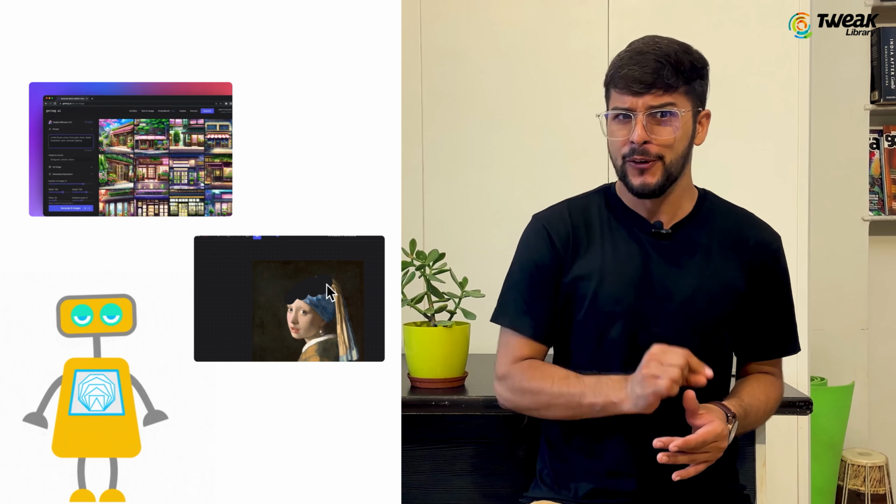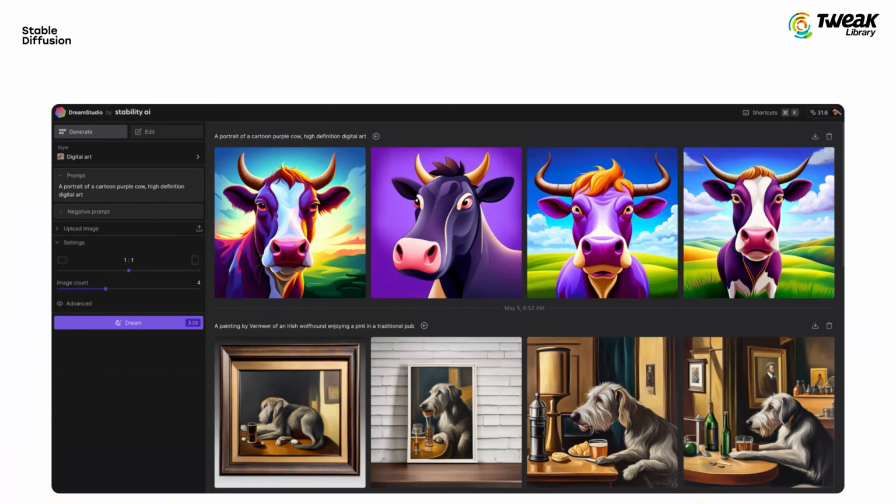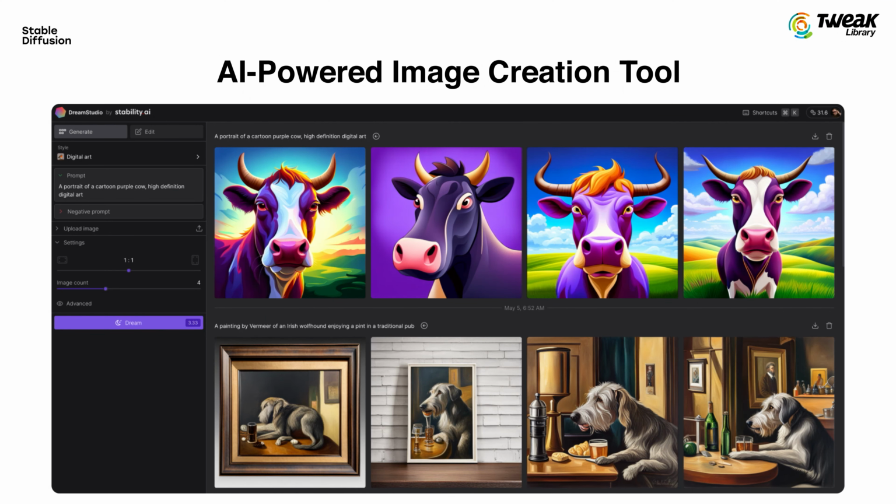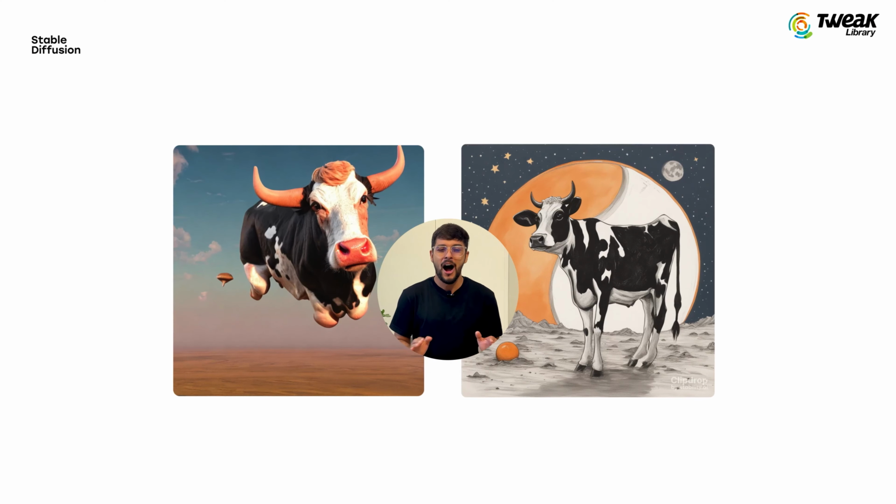You might have used different AI image creation tools before, but get ready to be amazed by the incredible brilliance of Stable Diffusion, an AI-powered image creation tool. With this tool, you can generate stunning images from text descriptions that will blow your mind. Just look at the results. Wow! In this video, I'm going to show you how you can use it and what all are the capabilities